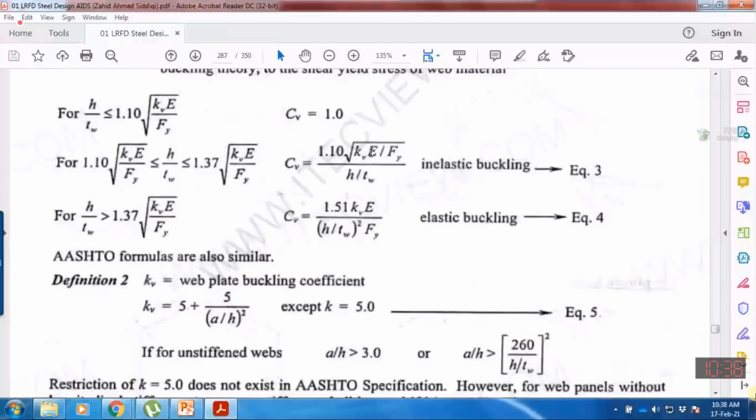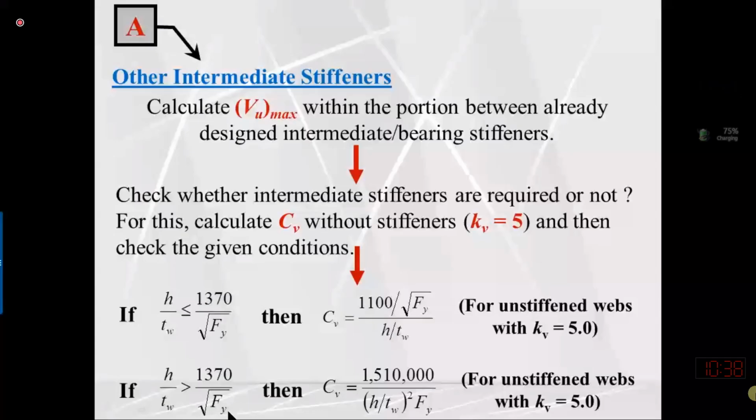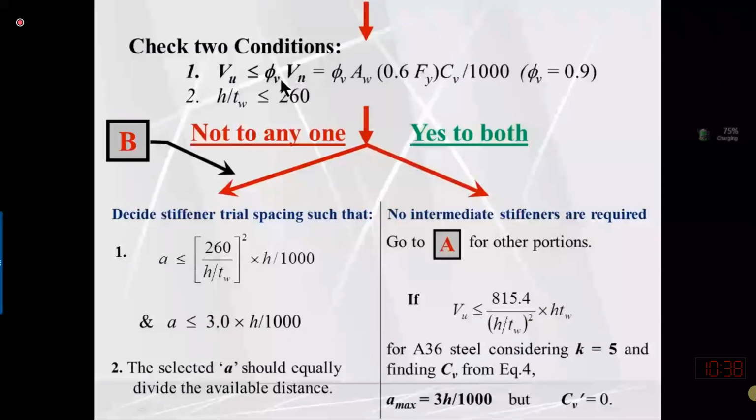So depending upon the case, whether you will have the elastic buckling or inelastic buckling, you will determine Cv value without intermediate stiffener. So when you will have Cv value from any one of these equations, depending upon this condition, you can determine the shear capacity. And shear capacity will be equal to phi v, area of web, 0.6 Fy shear strength and Cv value. And if this